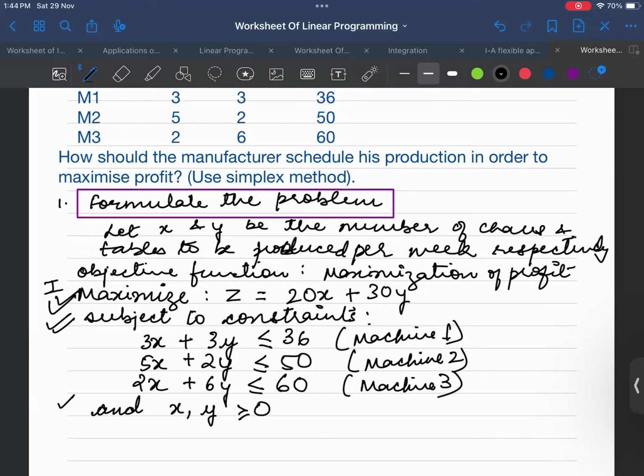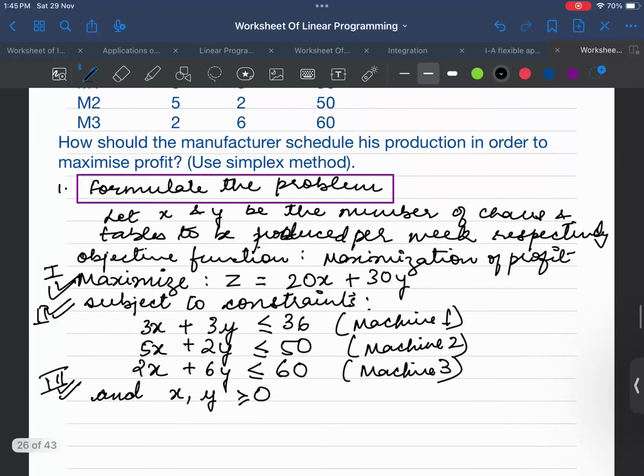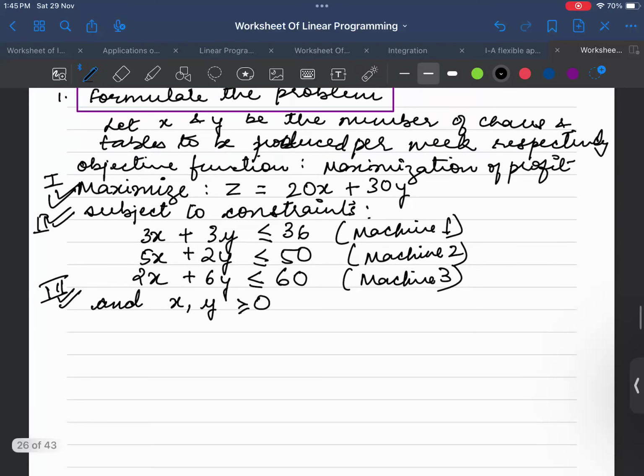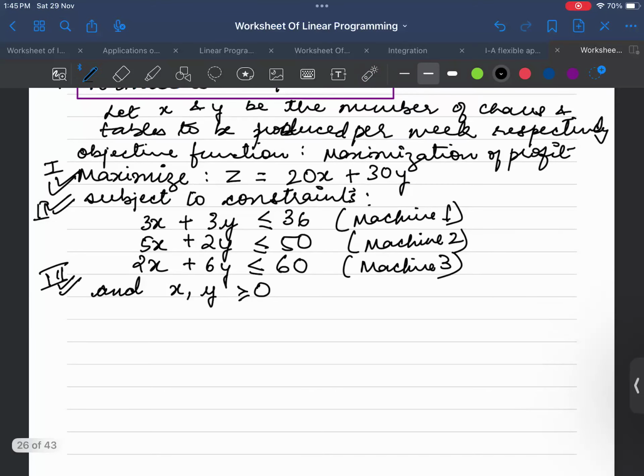Third point is non-negative restrictions. These 3 points are important in formulation of the table. Don't miss any of the 3. Sometimes we feel like, yeah, obviously it's more than or equal to 0, or something constant, so we can solve it directly. In the exam, directly we will keep it in the table. Please don't do that, because some percentage of the marks distribution is there for this also, for formulation